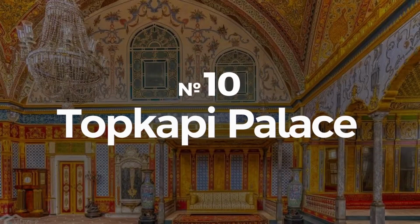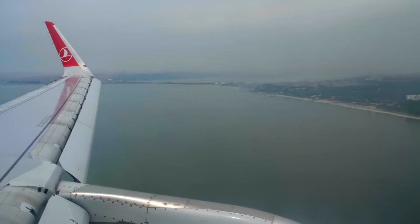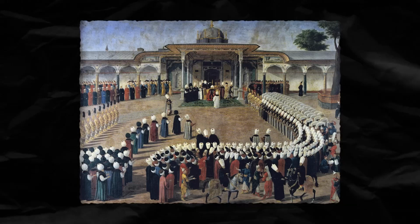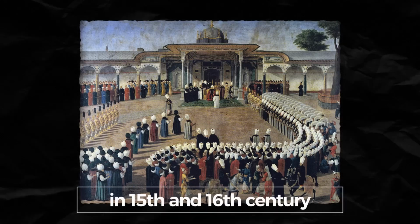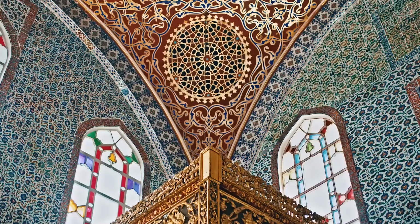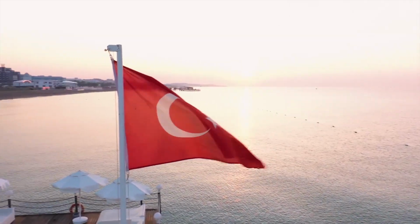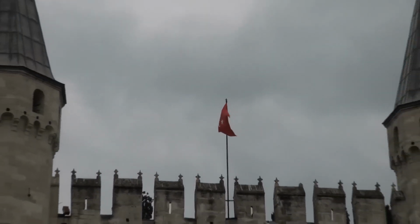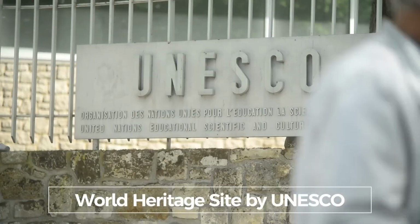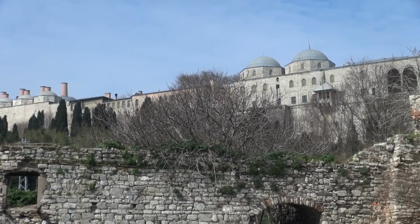Number 10. Topkapi Palace. I still remember my first trip to Topkapi Palace in Istanbul. The Turkish castle was home to Ottoman sultans in the 15th and 16th century, but more than 400 years later, it is still fit for a king. Overlooking the beautiful Bosphorus Strait, this luxurious palace is now a museum. It was designated a World Heritage Site by UNESCO in 1985, and it is truly a must-see attraction if you